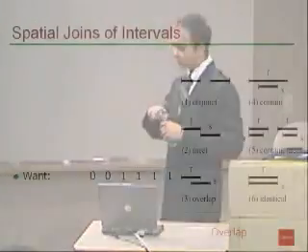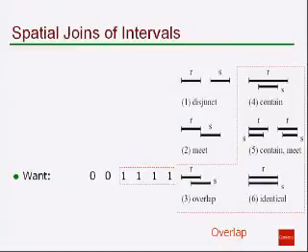And we say a pair of intervals overlaps if the length of the intersection is non-zero. So in cases 3 through 6, we say there's an overlap, whereas in cases 1 and 2, we say there's no overlap, because the length of the intersection is 0. Since we are interested in estimating the number of overlaps, we would like an estimation procedure to return a count of 0 for these 2 cases, no overlap, and 1 for these 4 cases. This is the vector that we would want your estimation procedure to return